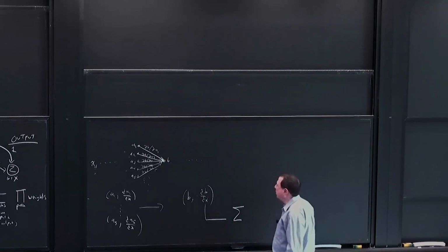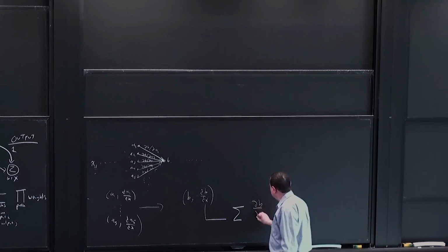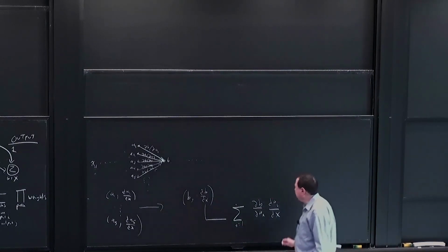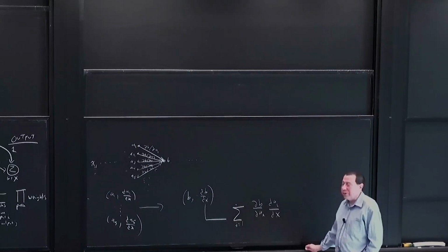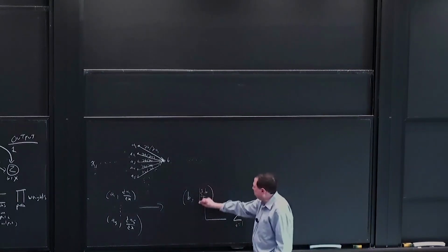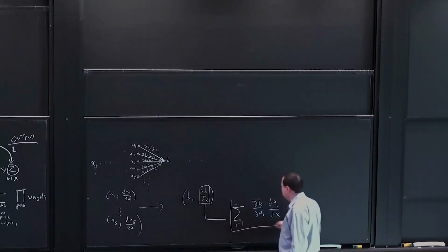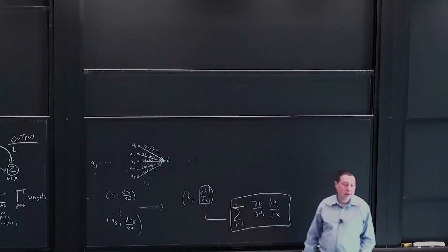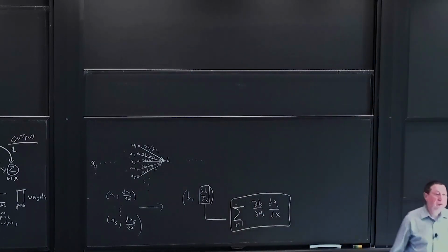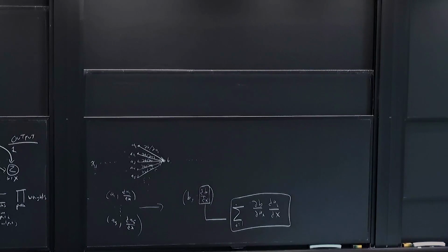I'm going to be summing, let's see, what is it? dB/dAi times dAi/dx, right? From i equals 1 to whatever. Right? And that is the multivariate chain rule, right? This is really what's happening. That this is equal to this, okay? And that's kind of why it all works, right? That you can proceed forward and keep working your way forward to get the derivative all the way to the